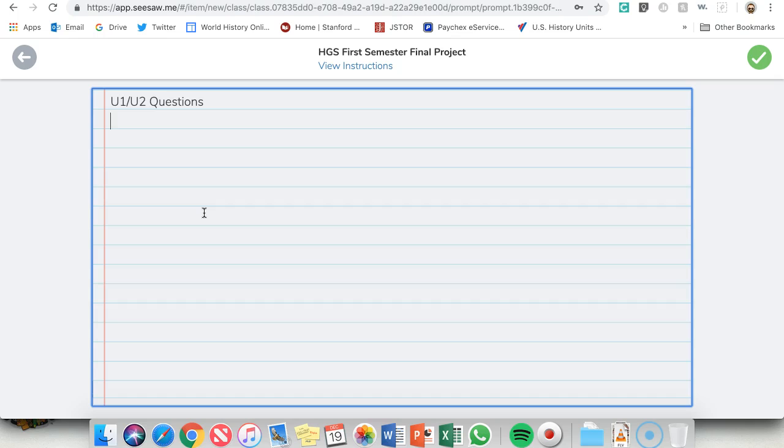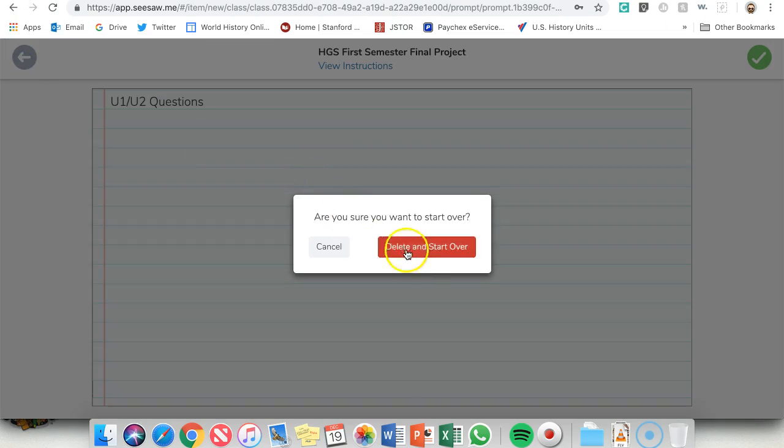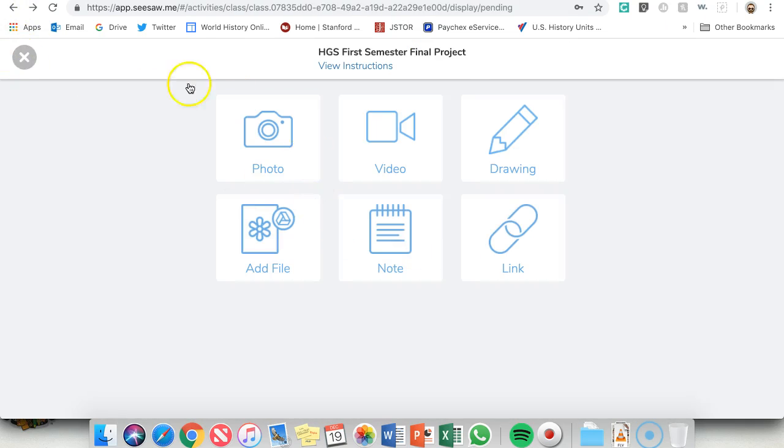You can simply open up your document and copy and paste and put it right here, or you can type it out, whatever works best for you. When you're done, you're going to click the little green check mark, and then it should take you back to